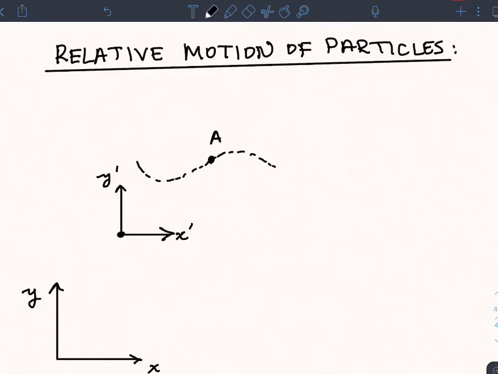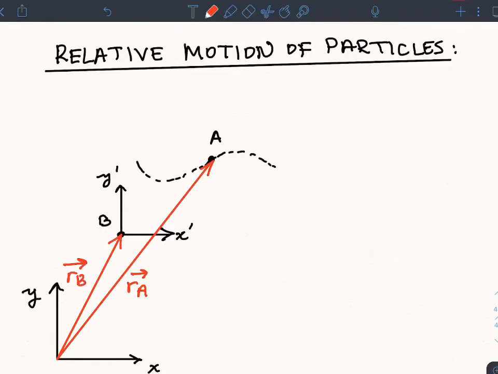Let's say currently it is located at B. Now, if we define the position vector of A with respect to fixed coordinate system, we can just say RA, as you can see here. And also, we can define the position vector of the moving translating coordinate system, which is B,